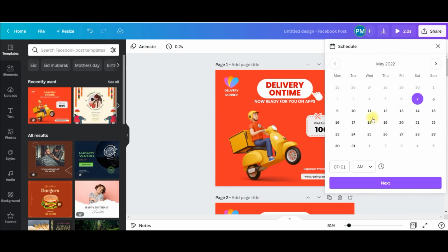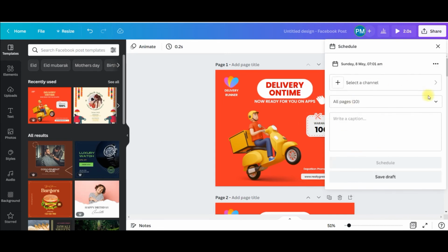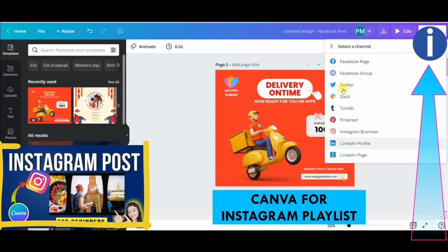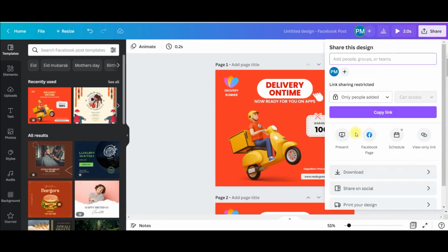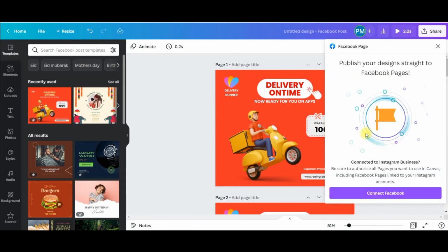You can just choose a future date, maybe next date, and then you can change the time, and you will have to keep adding the channel, in which channel you want, right? So this way you can schedule. And if you want to share, just simply click Facebook, connect your Facebook with your Canva, and then you can go ahead and post it right from Canva itself.